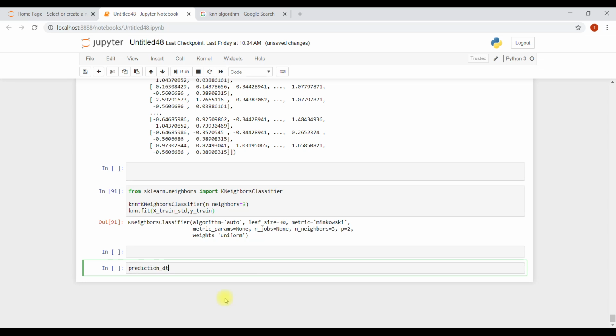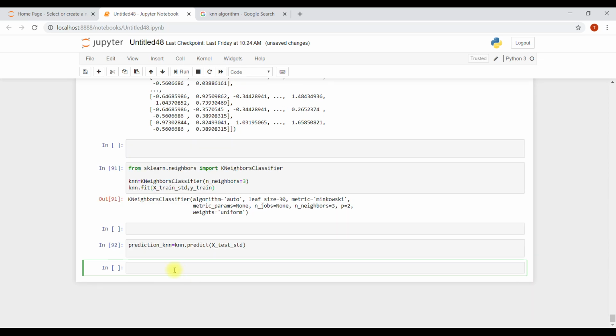Prediction, not dt, but we're gonna name it knn. knn.predict, and predict on what? On x_test_std. Okay, just predicting on the standardized x data, and let's just see how much accuracy it got. Accuracy score. Let me write accuracy_knn equals